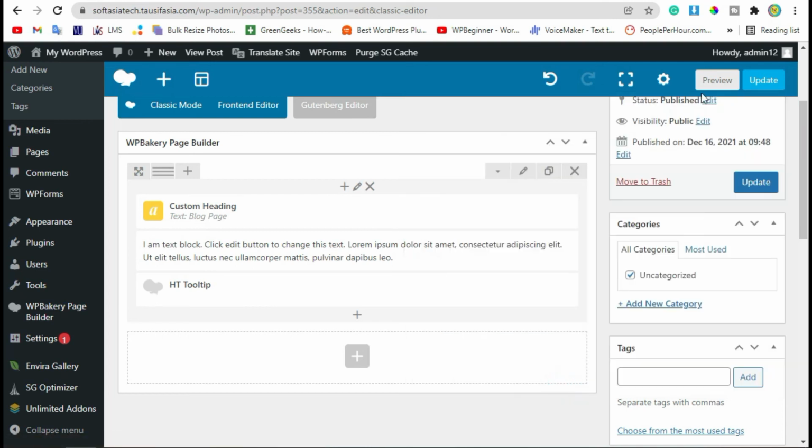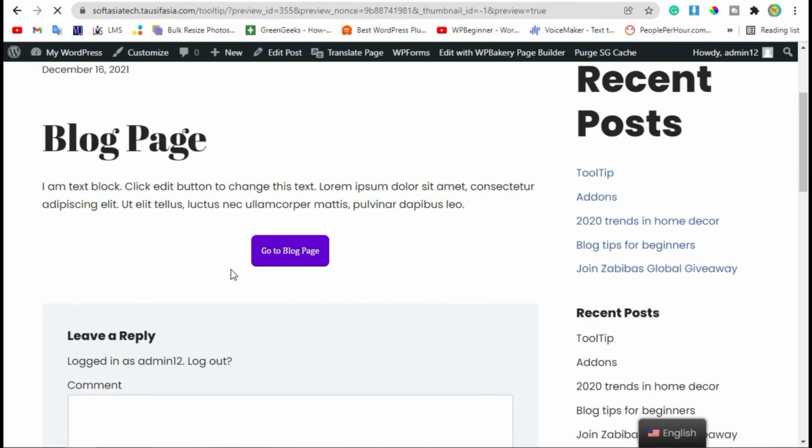Now just save changes and review the changes. Now you can see the button color and text color was changed when you hover over it. The tooltip color was like this.